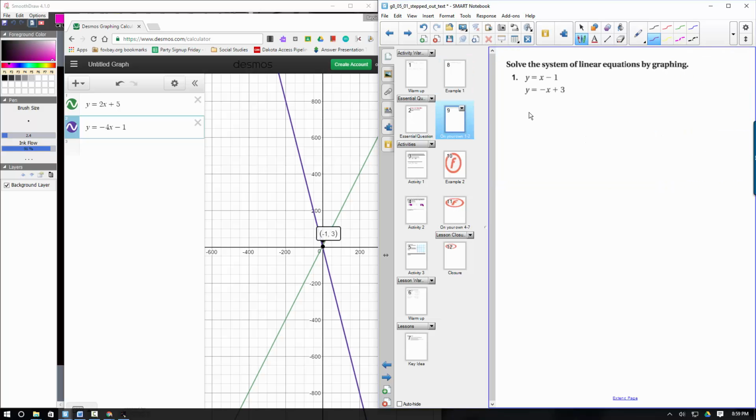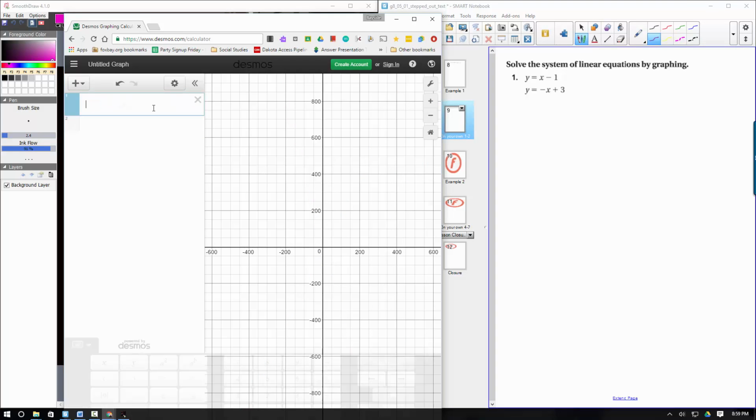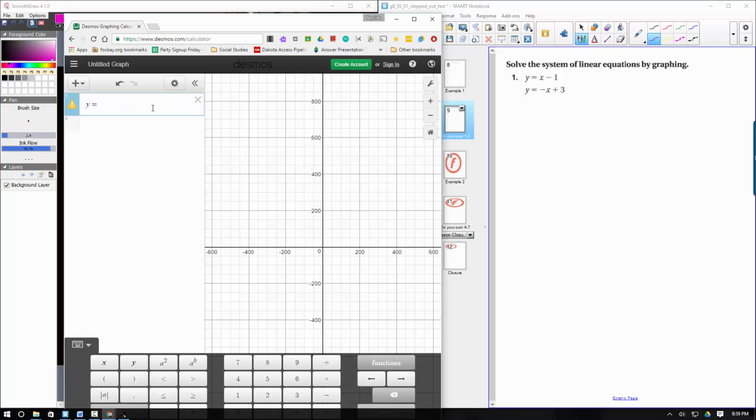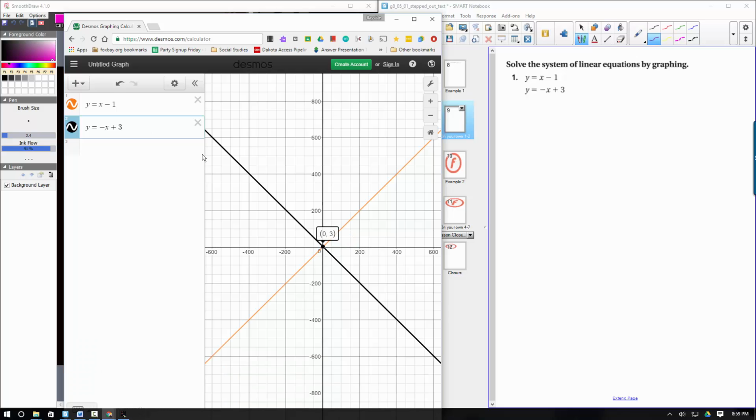So a second one is this one here. So it says again by graphing. So go in there and just plug in y equals x minus 1. And the second one is y equals negative x plus 3. Again, I look for the point of intersection. This one is 0, 3. If I plug in a 0,